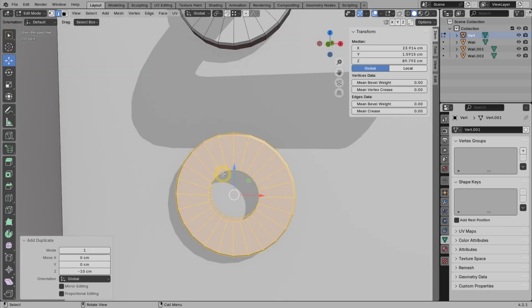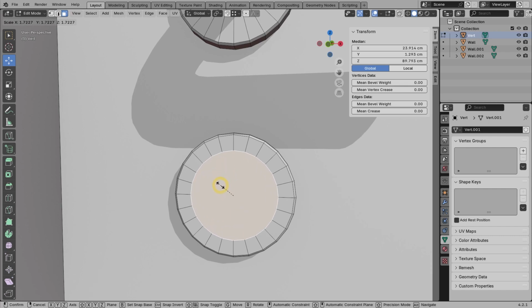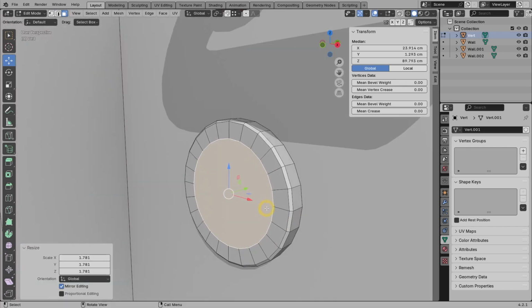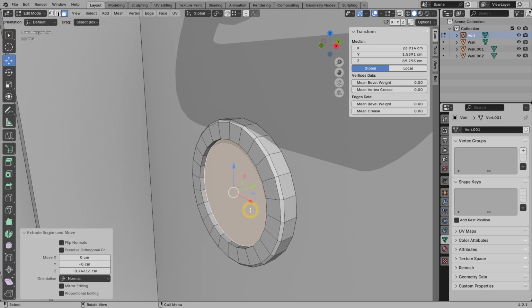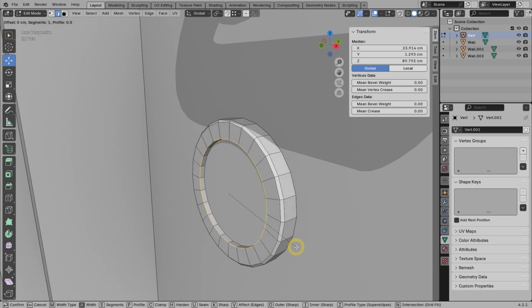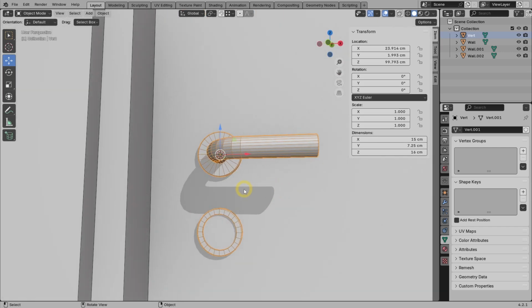Next, select all the edges in this hole, then press F to patch it. Then adjust scale and add a bit of extrusion inward and also a bit of bevel. Later, you can add the keyhole details if you want. To save time, I will have to skip that part. The basic model of the handle is done.